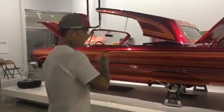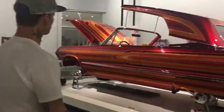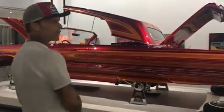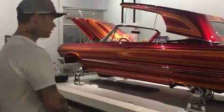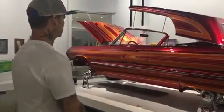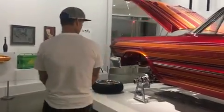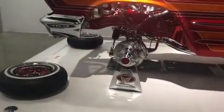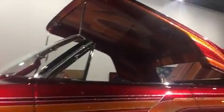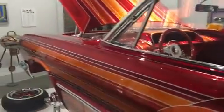Yeah, so we're at this lowrider here, and first glance, what I see is thousands and thousands and thousands of man hours. Thousands. Not one person, not 10 people, probably 20 people. Thousands and thousands of hours. There's probably 6, 7 different artists in there. You know, one being the painter, one being the engraver, one being the chromer, one being the interior, one doing the engine,